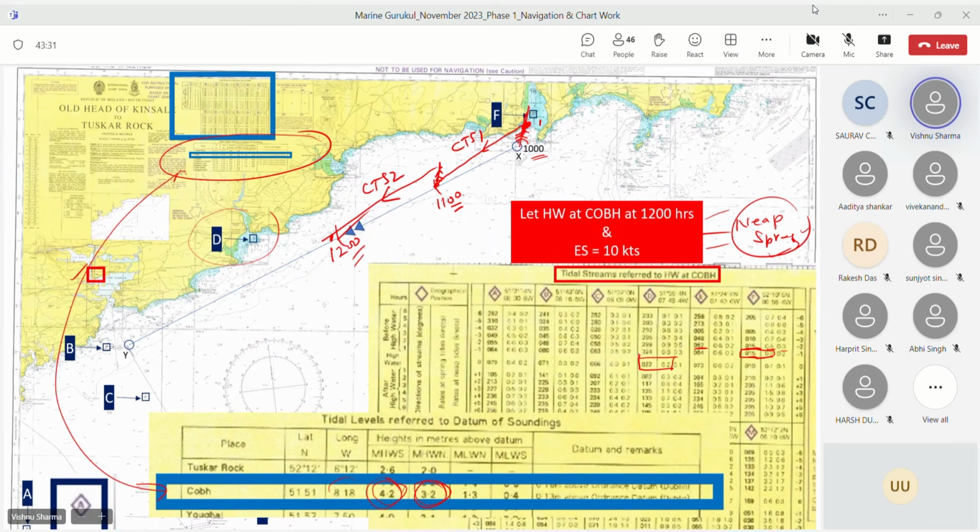The tidal stream will be 0.22, whatever it is, and 0.2, and you expect yourself to be here at 1300 hours. So basically what has happened now is you are drawing these triangles multiple times. The set and rate, instead of being in the question, is being picked up from the tidal stream tables. Is that clear how to use the tidal stream, beta? Yes, sir.